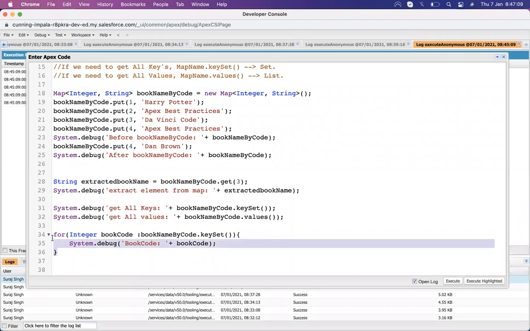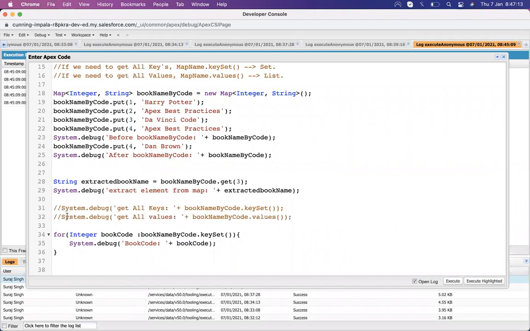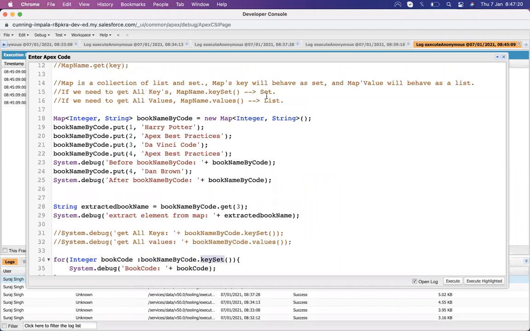Let's see all the book codes. What I have done is write a loop, and in that loop I put the key set, since the key set returns a set of all keys, and values will return a list of all values.